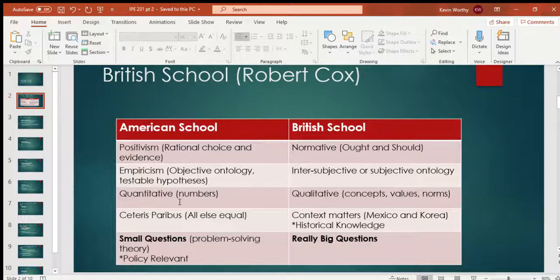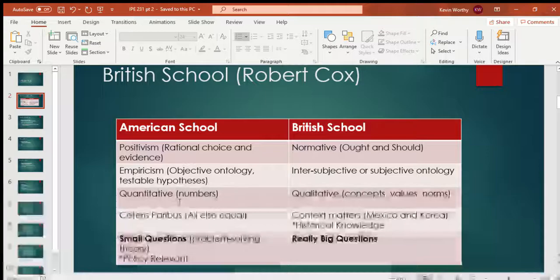And then a lot of the American school follows what's called ceteris paribus. So if we take everything else equal, and that is an economist's behavior, it's a mechanism, right? This is where we get humans are interchangeable. So let's treat everything else as equal, and then we won't have to deal with individual personalities, right? We can just treat them all, okay, if everything else was equal, this is how they would behave. So it gives us a lot of predictive power. But what the British school, one of the biggest things they talk about is it doesn't really get everything. It's not contextual. It doesn't get all of the nuance.